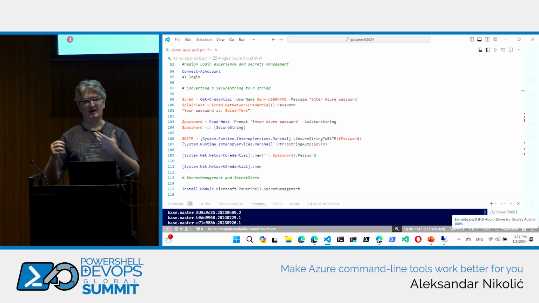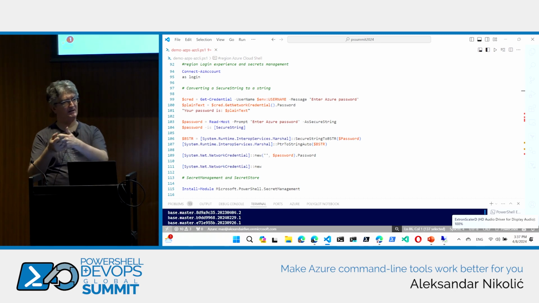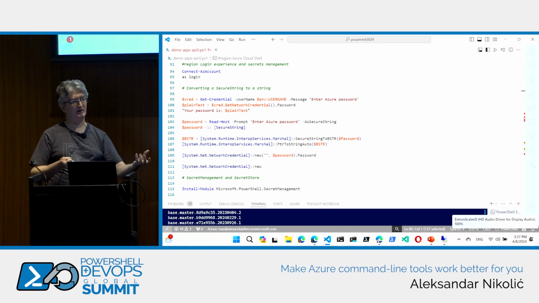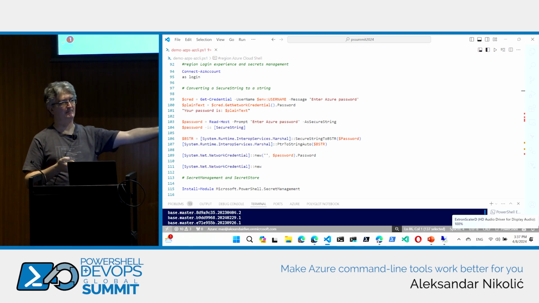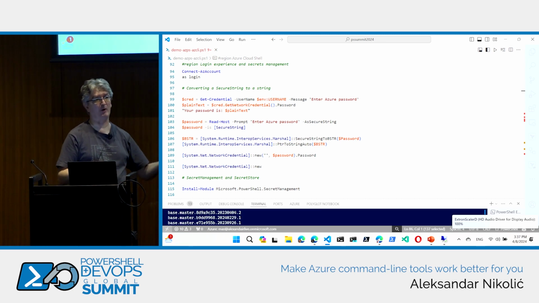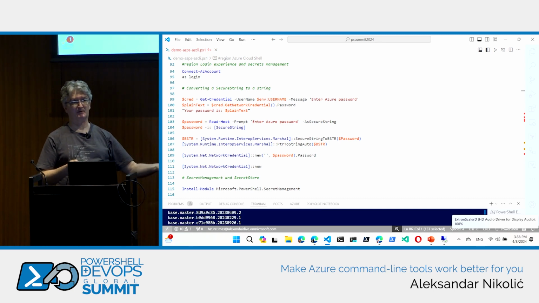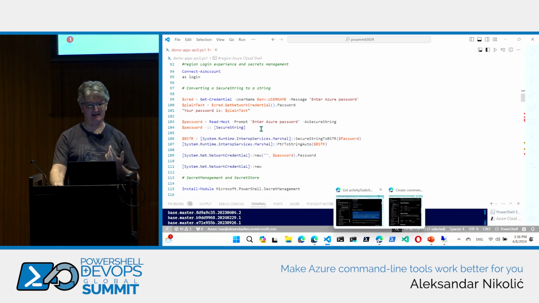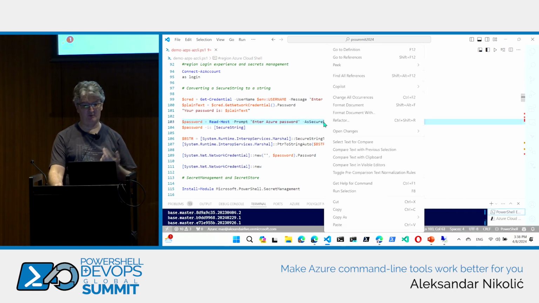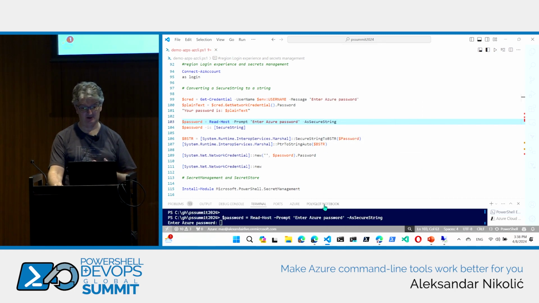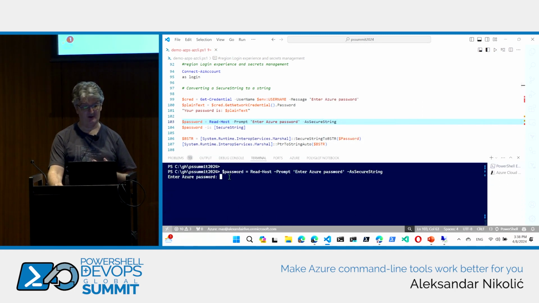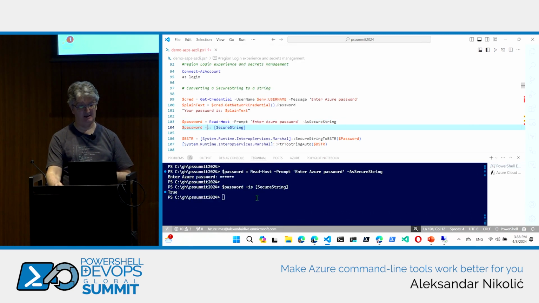But here is the one thing: you will sometimes get a secure string, and you will need to convert that secure string into a string so that you can use it with Azure CLI. So from a practical point of view, what is the easiest way to do that? Okay? So first, let me get a secure string. One of the ways is to use Read-Host if I work interactively with things, and I will type some password,